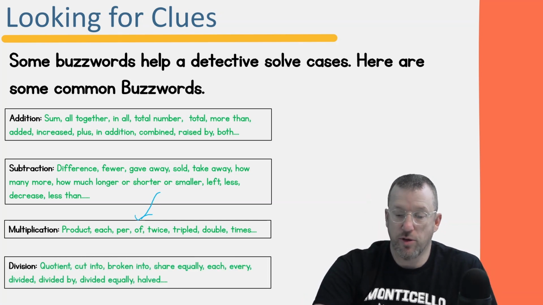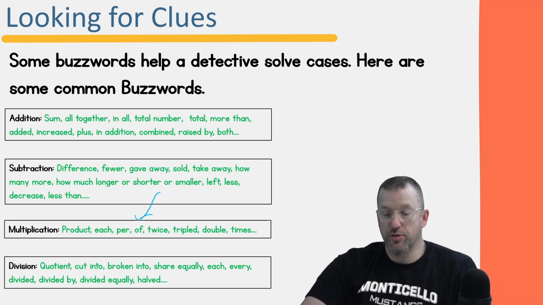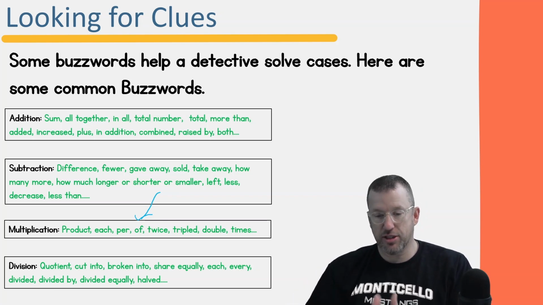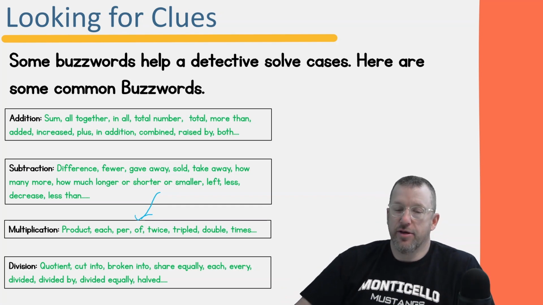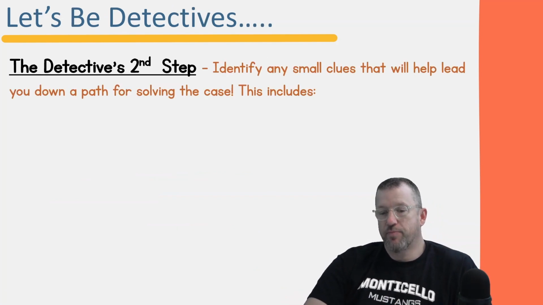Okay, and then division: quotient is the answer to a division problem. Cut into, broken into, you share it equally, you divide it amongst, it's divided equally, halved. Any of those are all buzzwords for division. So if we go back to our problem and identify the small clues that will lead to it,